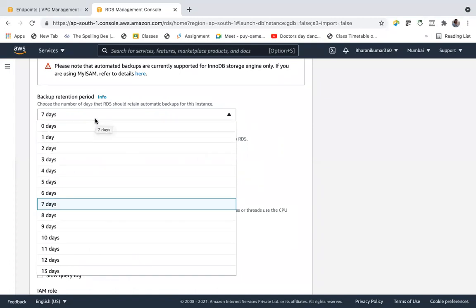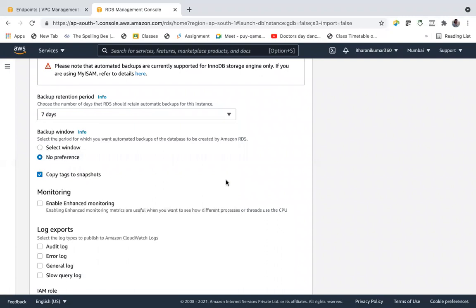The maximum days it can retain your backup is 7 days, not more than that. Any new backups are always available, and old backups it can retain up to 7 days.